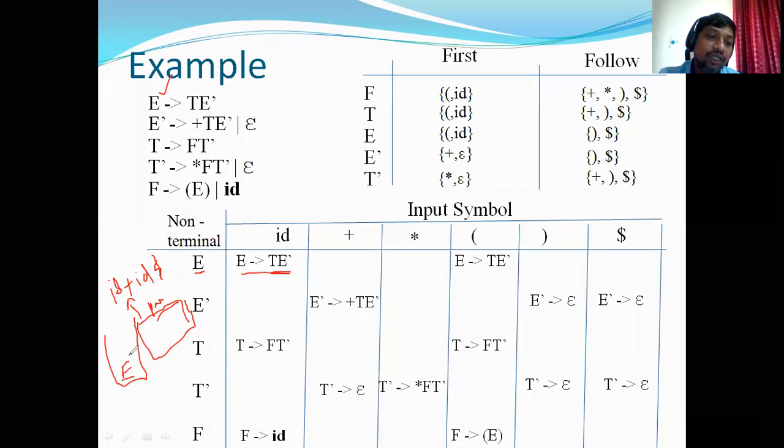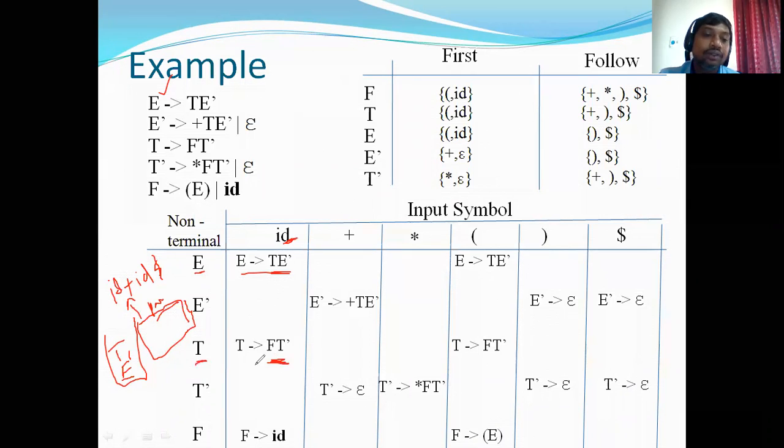T dash must be inserted in reverse order. After inserting it in reverse order, T is the new top of the stack. Now the current top of the stack is T and the current input symbol is ID. T with ID. What is the rule? F T dash.